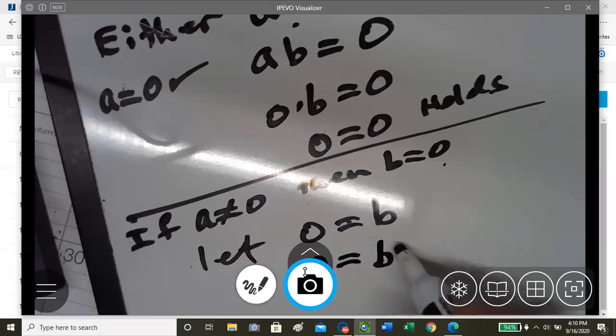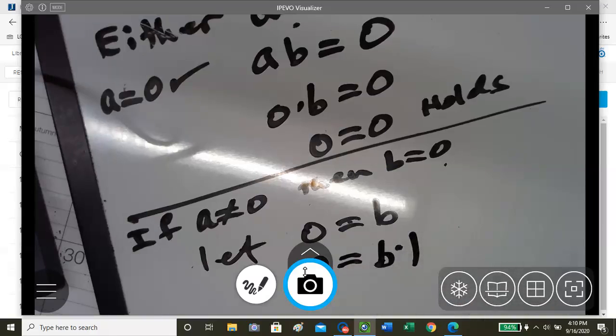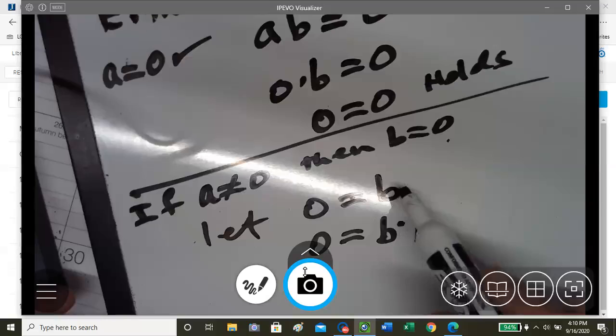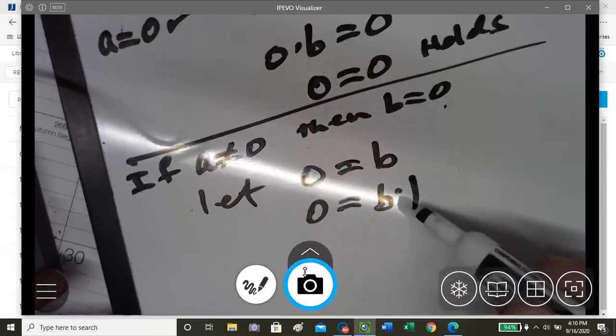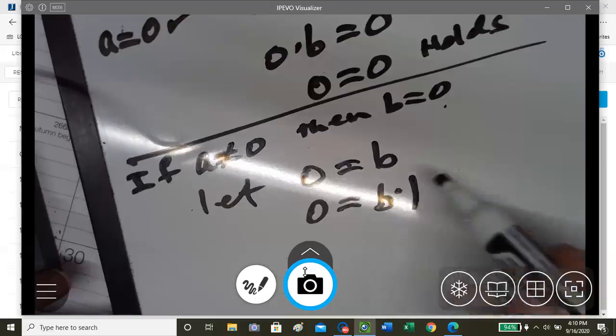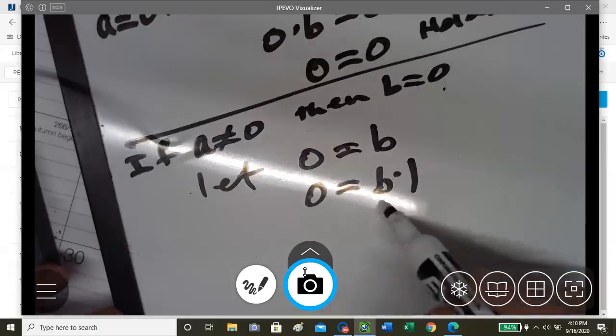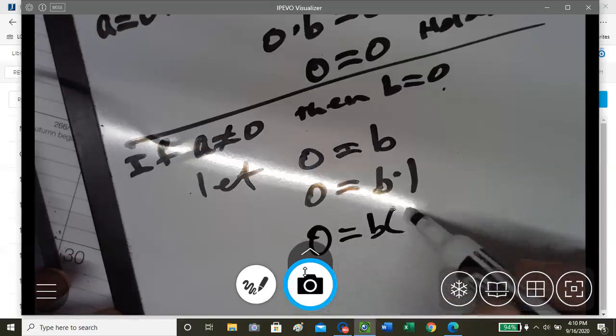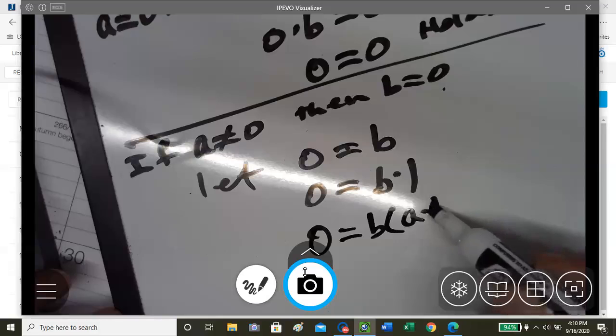So if we said b times 1 is going to be the same as b, and that's just the unit for multiplication. And we also know that a times its reciprocal